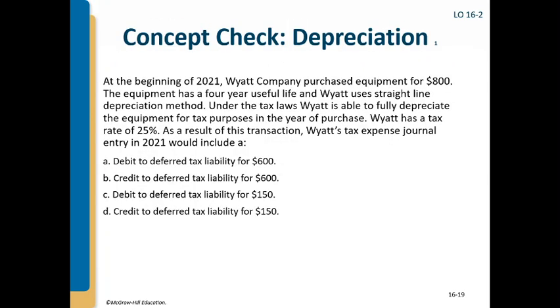All right, so example. At the beginning of 2021, Wyatt Company purchased equipment for $800. The equipment has a 4-year useful life, and Wyatt uses the straight line depreciation method. Under the tax laws, Wyatt is able to fully depreciate the equipment for tax purposes in the year of purchase. Wyatt has a tax rate of 25%. As a result of this transaction, Wyatt's tax expense journal entry would include